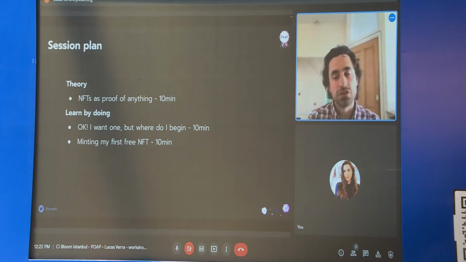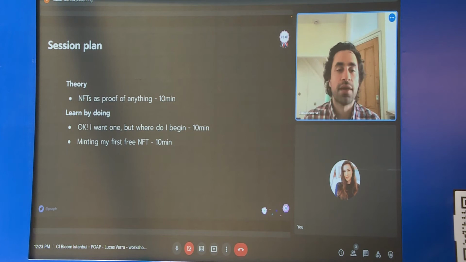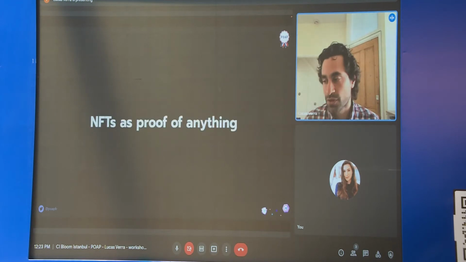But then it's not only about theory. For the ones of you that do not have an Ethereum or a crypto wallet, I will teach you how to do that in 10 minutes or less. And then after you have your free Ethereum address, you will be able to mint and to possess your first NFT. So exciting. Okay, so we're starting